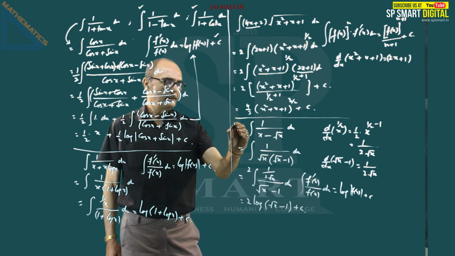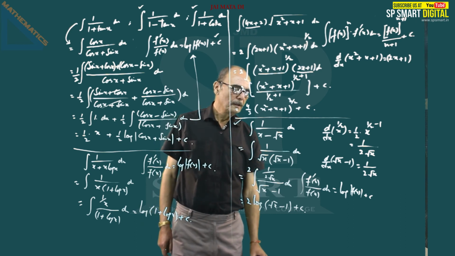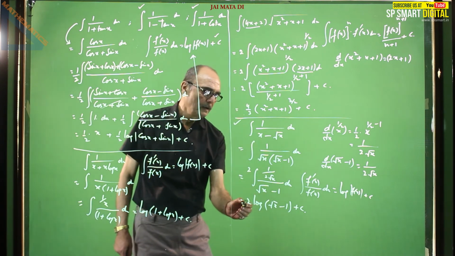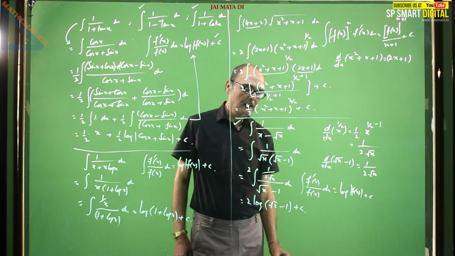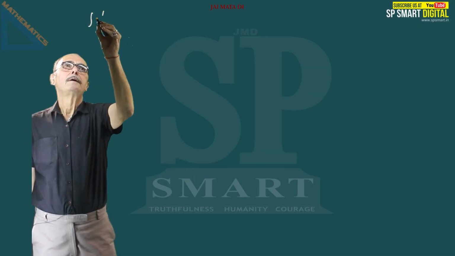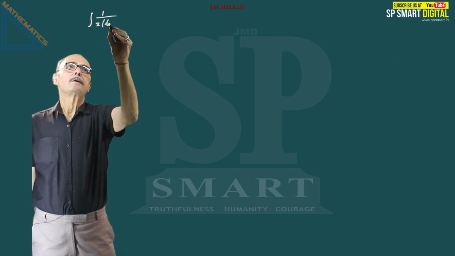The same problem can otherwise be tackled by substitution. Otherwise, if you take root x minus 1 as t, its derivative will be